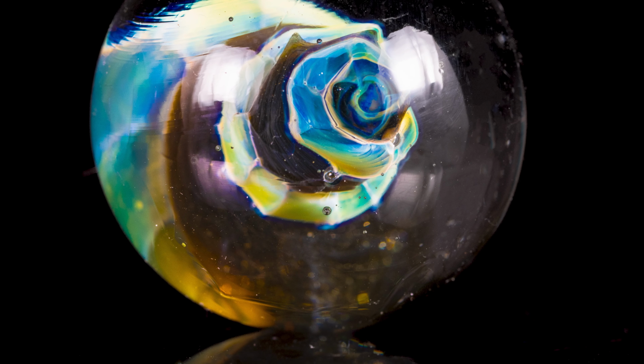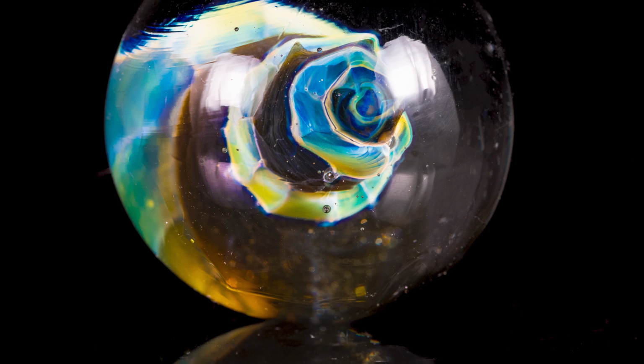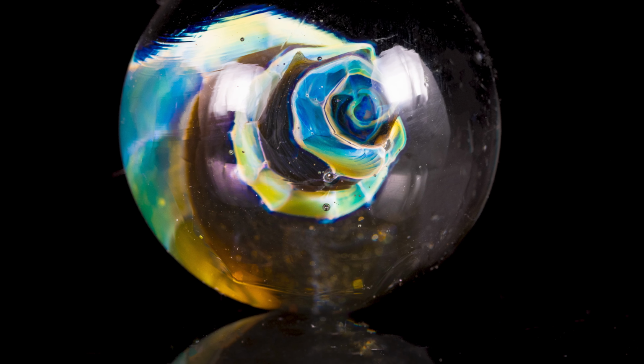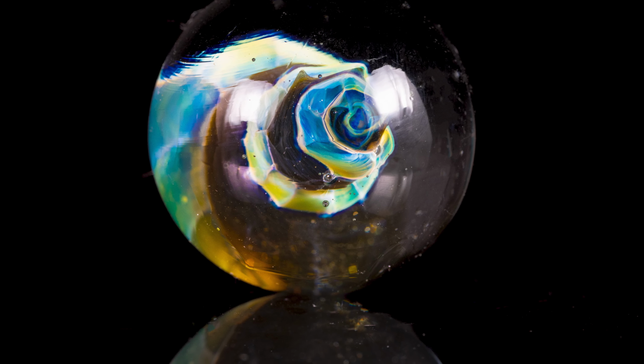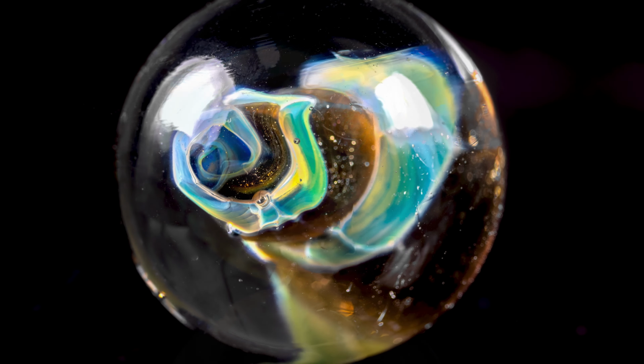Anyway, here's the marble, the cosmic swirl. You can check it out from different angles. You can see that here it looks kind of like an upward spiral, and on the other side it looks more cylindrical. I'm really happy the way that this came out,